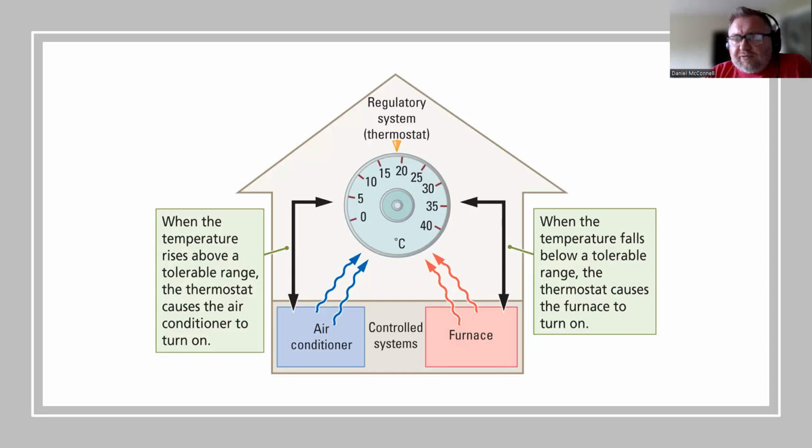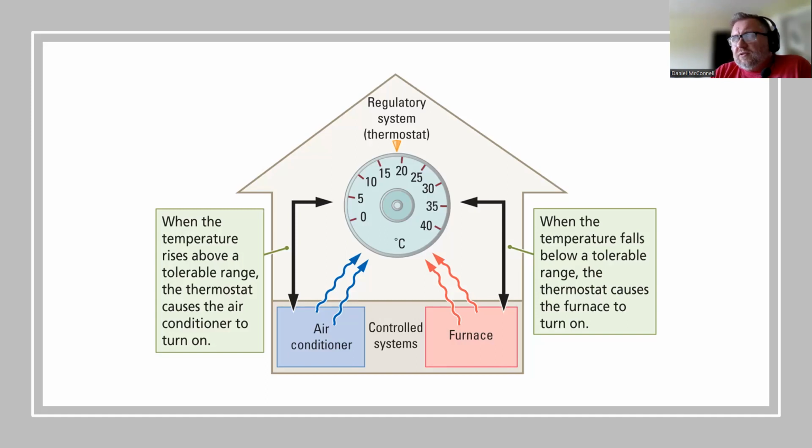I have an example here of a regulatory system, and it's a thermostat. So just like we could talk about maintaining body temperature at 98.6 degrees, here a house maintains a temperature, whatever we want to set our thermostat at, 19 degrees Celsius perhaps, okay. And so as I said before, you have to have a detector. You have to have a sensor that detects any deviation away from your set point. The set point is where you have things set.